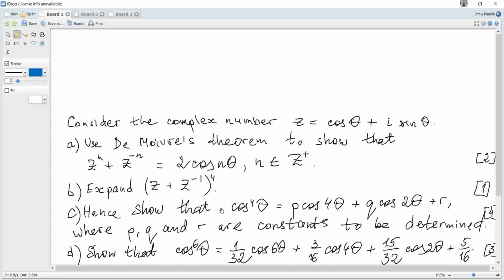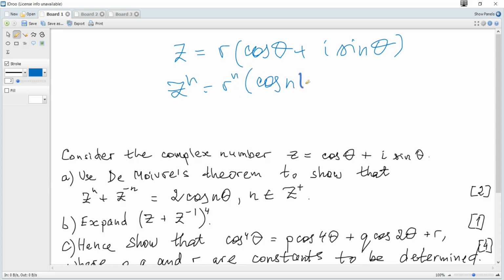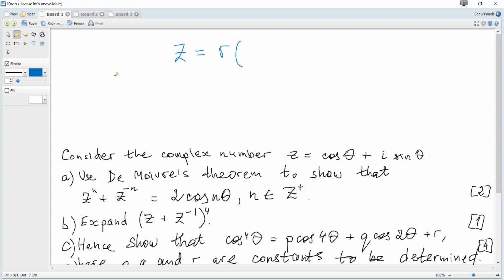De Moivre's theorem says that for a complex number z equal to r multiplied by cosine of theta plus i sine of theta, z to the power of n is equal to r to the power n multiplied by cosine of n theta plus i sine of n theta. The formula is given in the data booklet. So here, z to the power n plus z to the power negative n is equal to, just using this formula, with its modulus equal to 1 here,